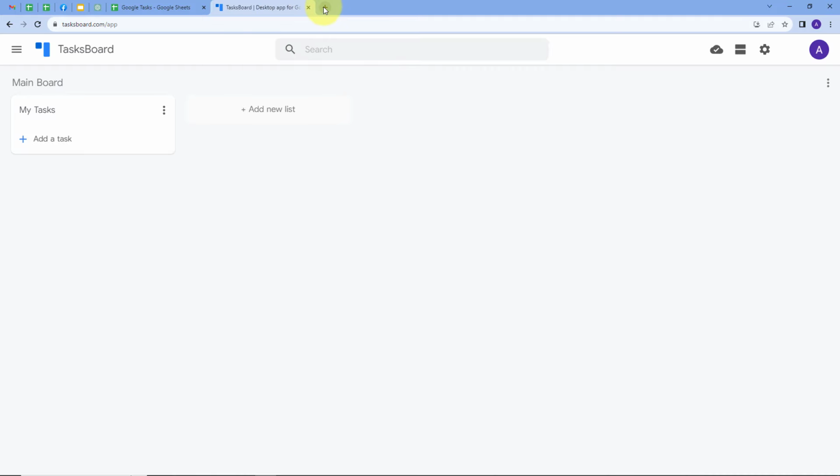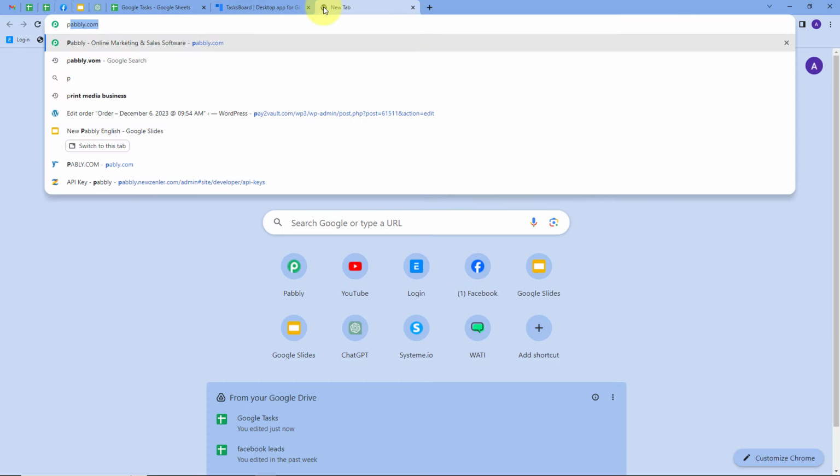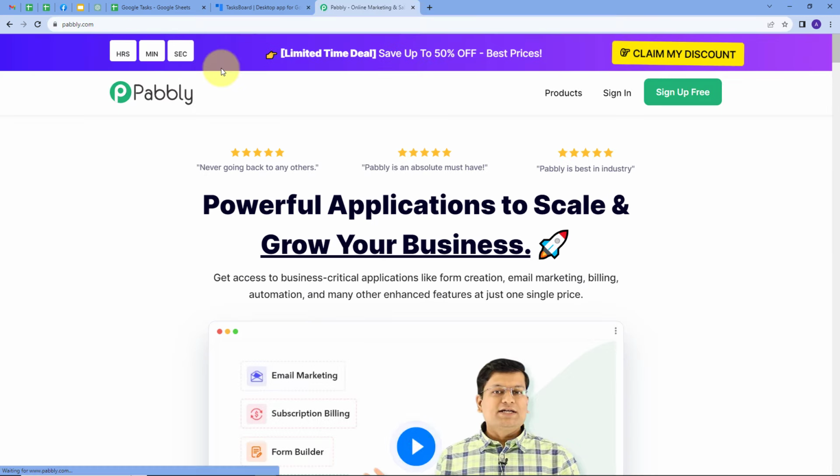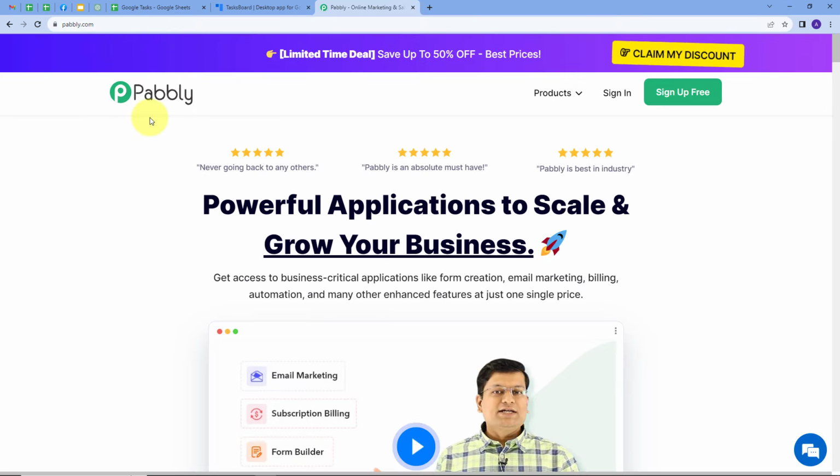For this, I will open a new tab and search for pabbly.com. And this will take us to this landing page of Pabbly. Here we have two options, sign in and sign up for free. If you don't have any account with Pabbly, you can just sign up for free and it will take only 2 minutes of your time and you will get hundreds of tasks free every month. Or if you already have an account, you can just sign in